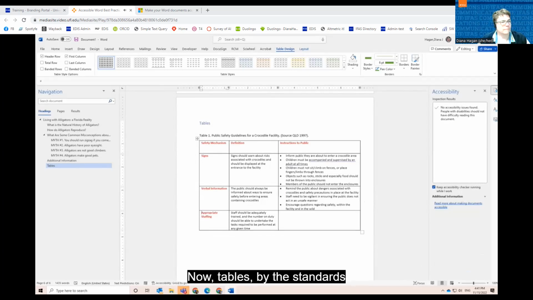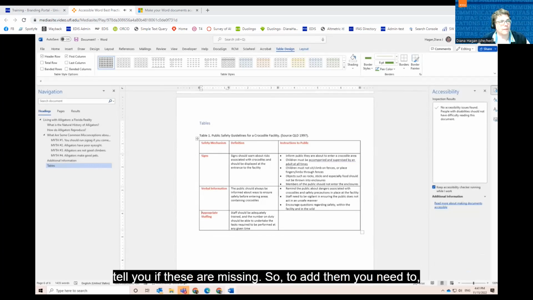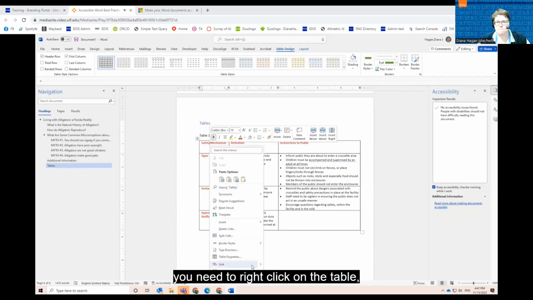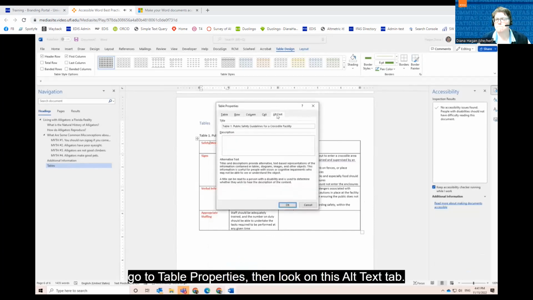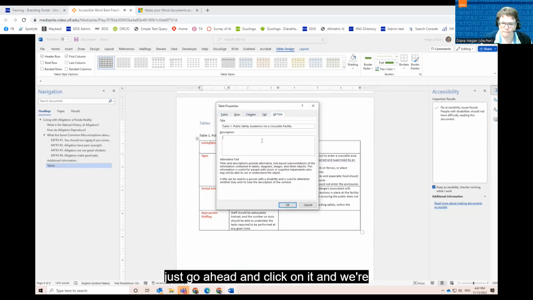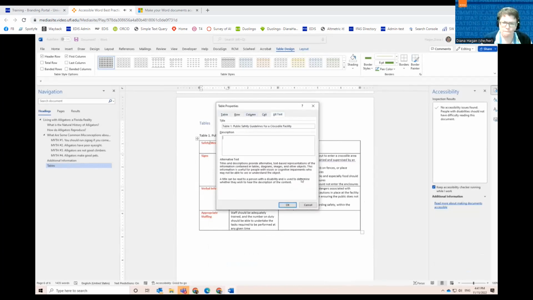Now, tables by the standards must have a title and alt text, but the Word accessibility checker will not tell you if these are missing. So to add them, or check them, you need to right click on the table, go to table properties, then look on this alt text tab. If it's not showing, just go ahead and click on it. And we're going to need to add